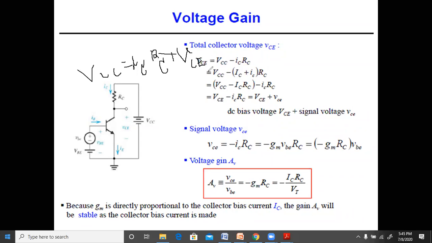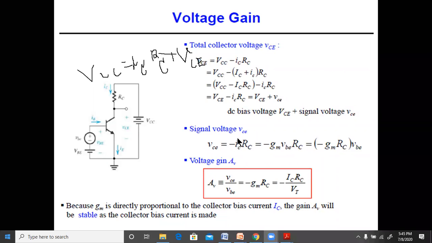Out of this total, this value is the DC and this value is the AC, which is nothing but the small vc. So small vc is minus icRC. This is the DC bias voltage, and this is the signal voltage, which is vce. The output signal voltage due to the input signal voltage vbe is vce. So signal voltage vce is equal to minus icRC, and that will be minus gm vbe into RC. That is because the value of IC we already found to be